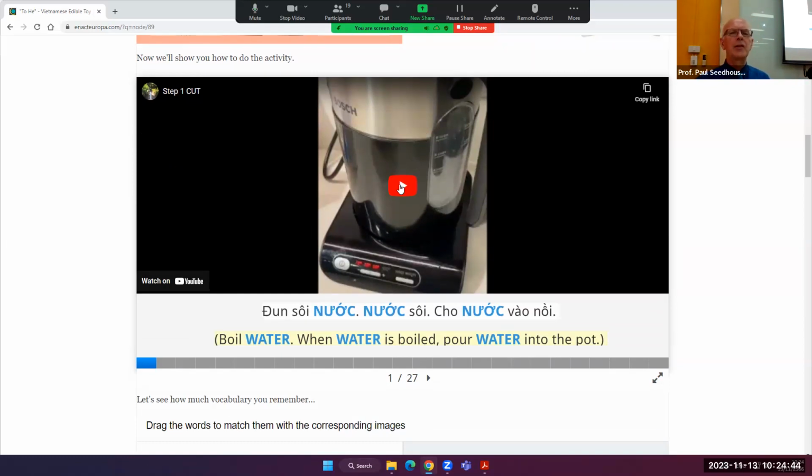So here, then you watch the video and you have subtitles. This is 2 layers of subtitles in Vietnamese and in English. You don't have to use subtitles, or you can put subtitles in one language or in 2 languages. This I did to have 2 levels. Also, you can see some of the words are in capital letters and in blue. That's because those are the key words that they want you to learn, and those are the words that can be tested. So you don't have to learn the other ones. Well, let's see how that works.